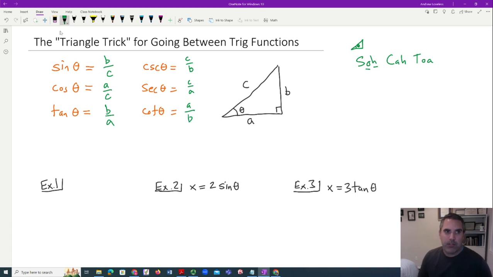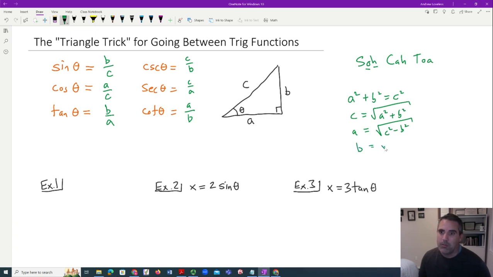There's a separate thing, which we should also know about triangles that ties in with this, which is that a squared plus b squared equals c squared. And occasionally in what we're going to be doing, we're going to want to be solving for c, which would be a squared plus b squared. Occasionally we're going to want to solve for a, which would be the square root of c squared minus b squared. Occasionally we want to solve for b, which is the square root of c squared minus